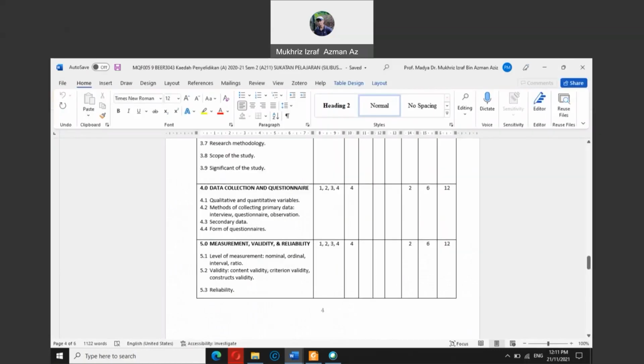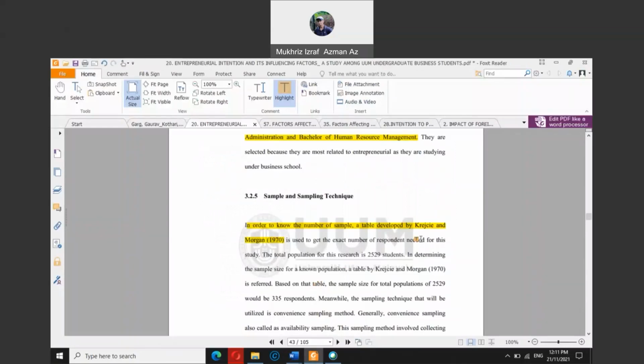In fact, the thesis that we are referring to also applies the Krejcie and Morgan 1970 as the guideline, because of the number of samples, how many students you need to send out the questionnaire to. You cannot simply send out to any number without having any proper reference. For example, among SAB students, if we have around, let's say, 2,000 SAB students,